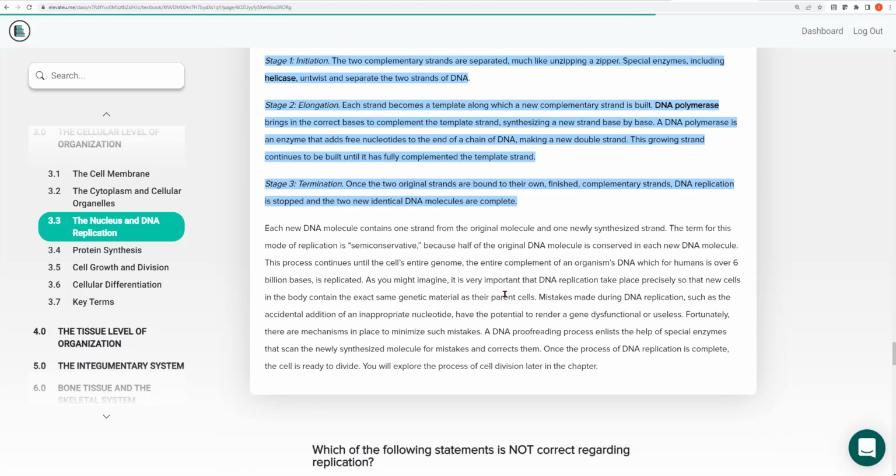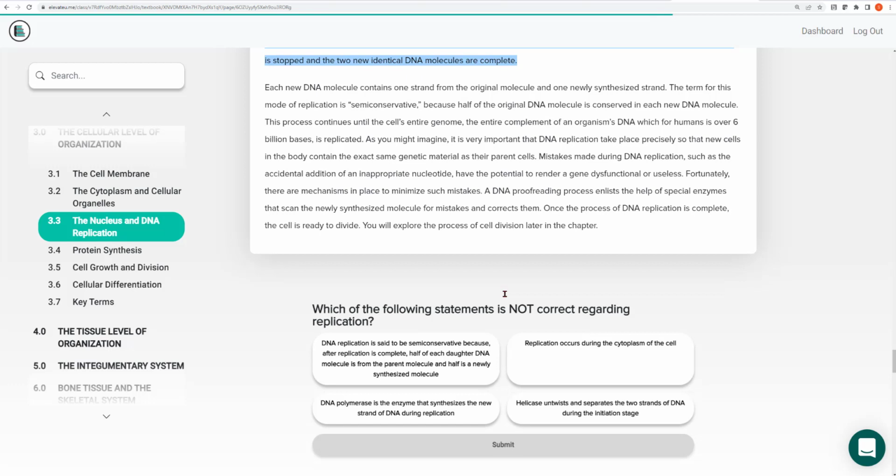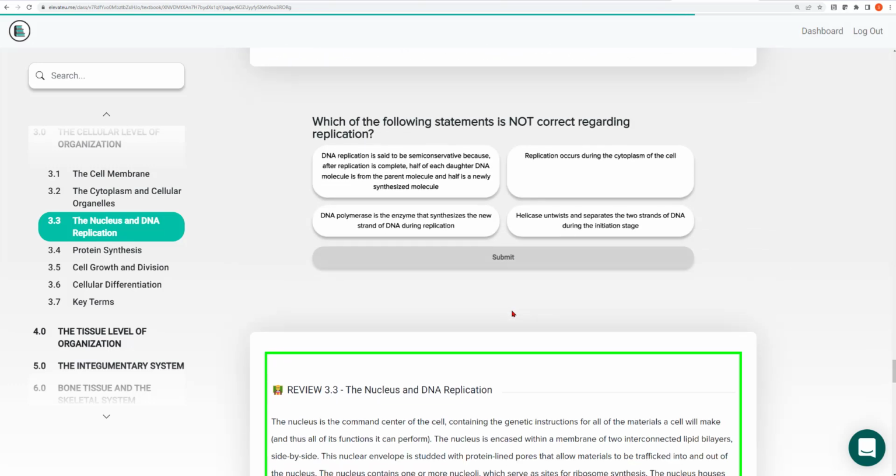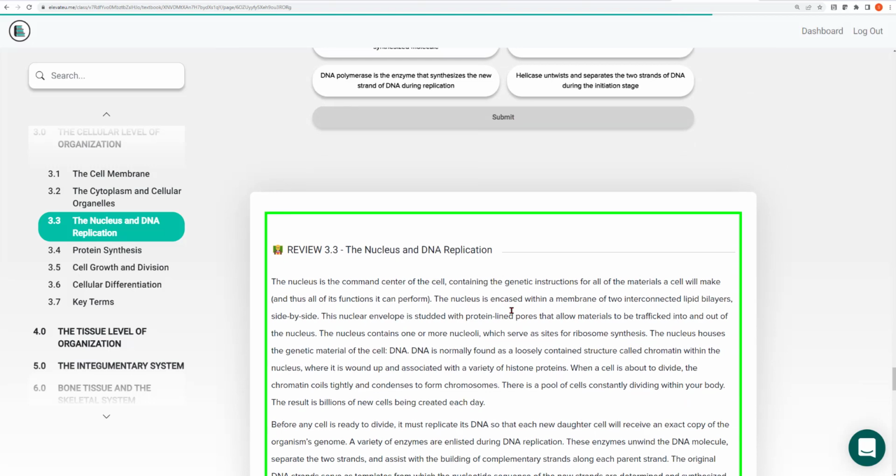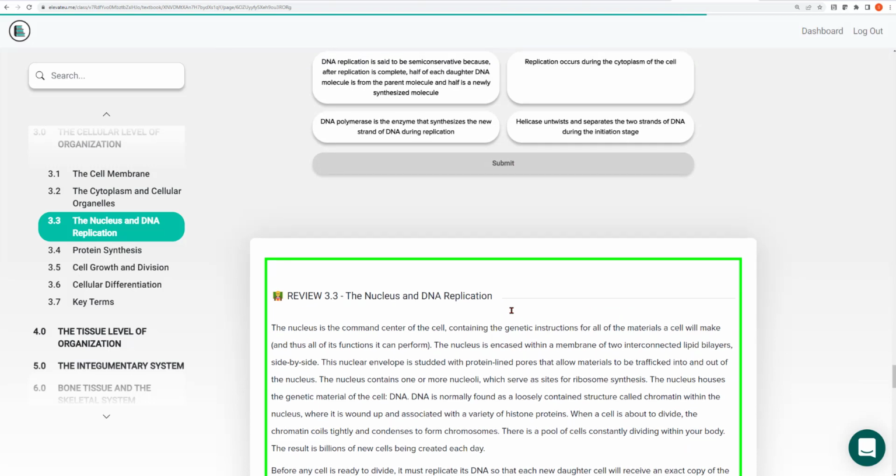Okay. So that is the quick and easy story of replication. It simply is the process of making an exact copy of the DNA. All of the gory details, please don't worry about. You'll also see just a little bit about replication in your Lab A. So that brings us to the end of the first half of this chapter. And we've covered 3.1, 3.2, 3.3. The next presentation will cover 3.4, 3.5, and 3.6.